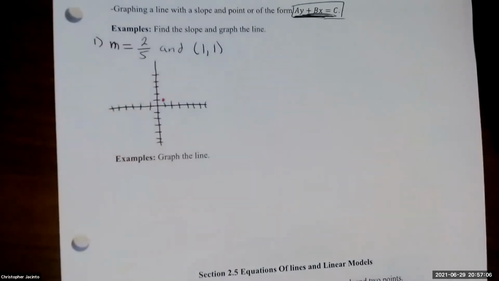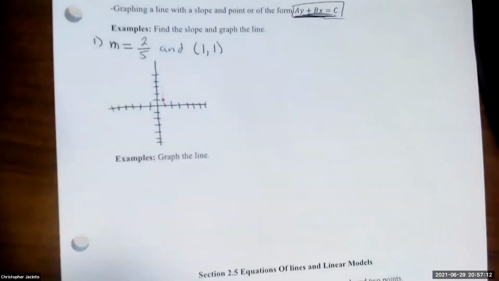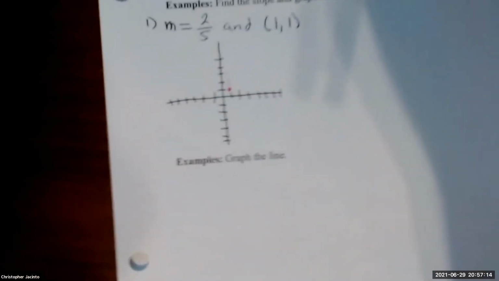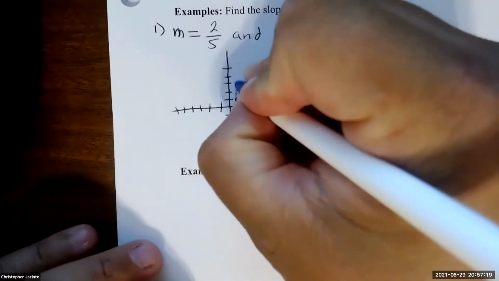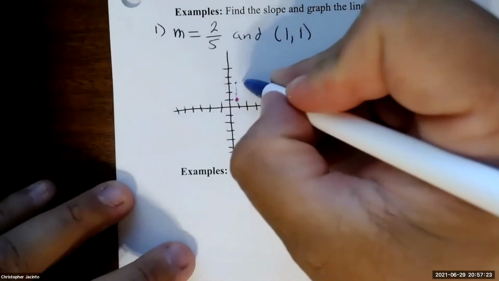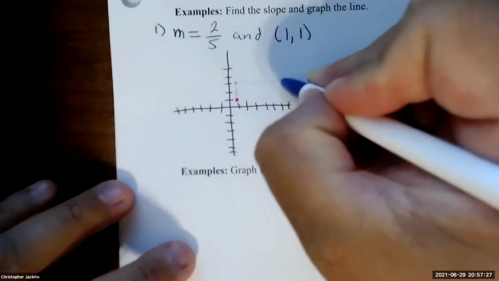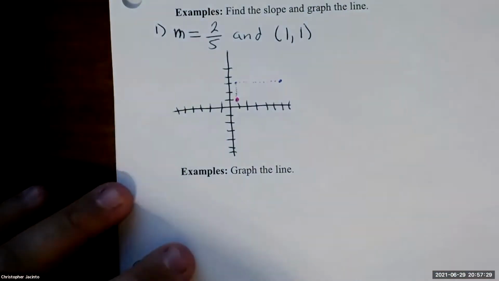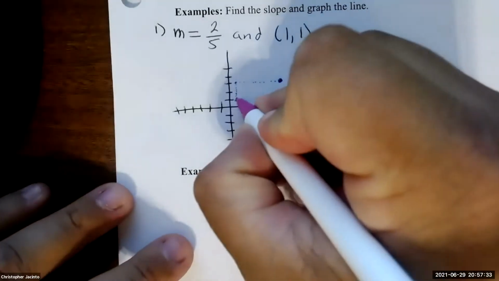Okay. So let's see how this is going to work. I'm going to go up 2 units from this point. So 1, 2. And then I'm going to go across 5 units. So I'm just going to count 1, 2, 3, 4, 5. And that's going to be our new point right there. So then we just make the line crossing them,